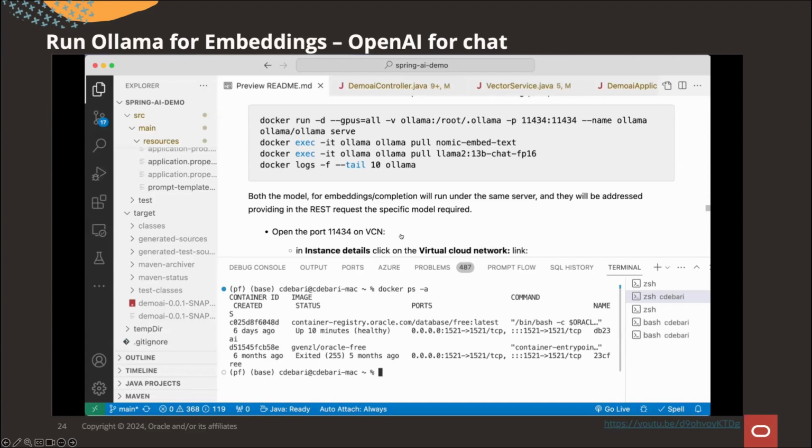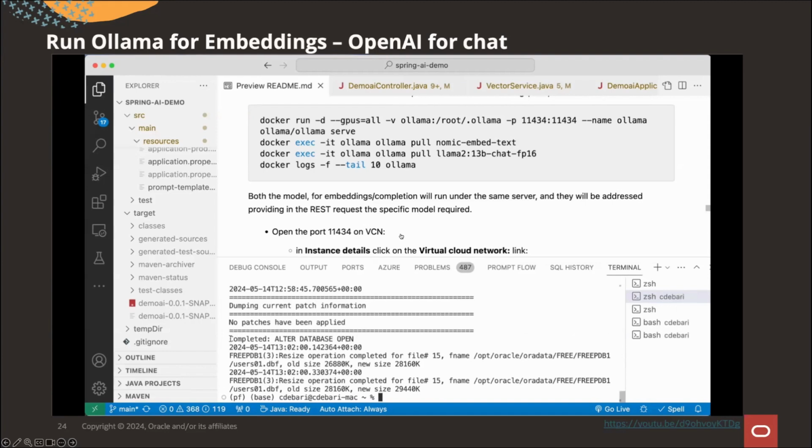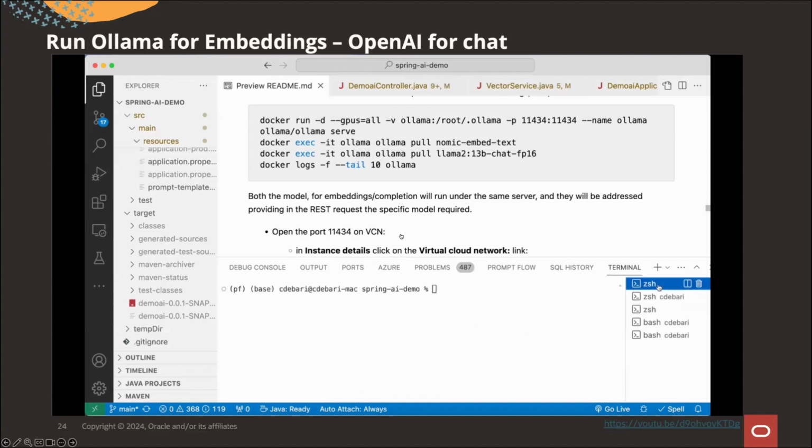Another component is the Oracle database. You can run this through the Oracle container registry, and you can have it without any credential through a Docker pull. So first of all, we check if the database is running. And now let's go inside what we can change in the code